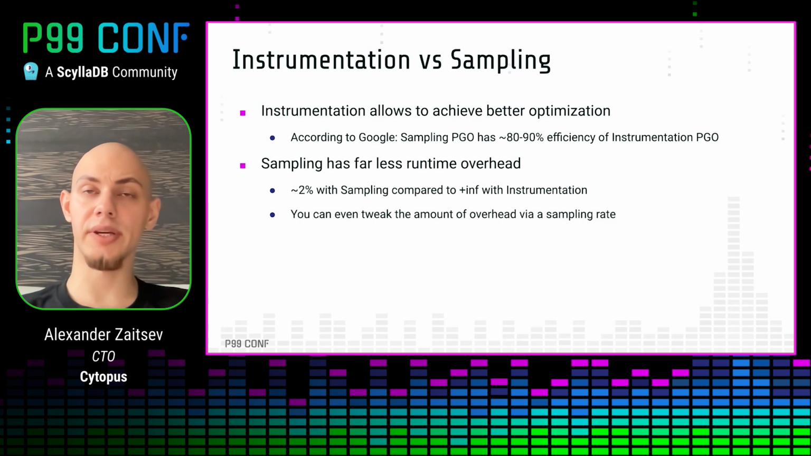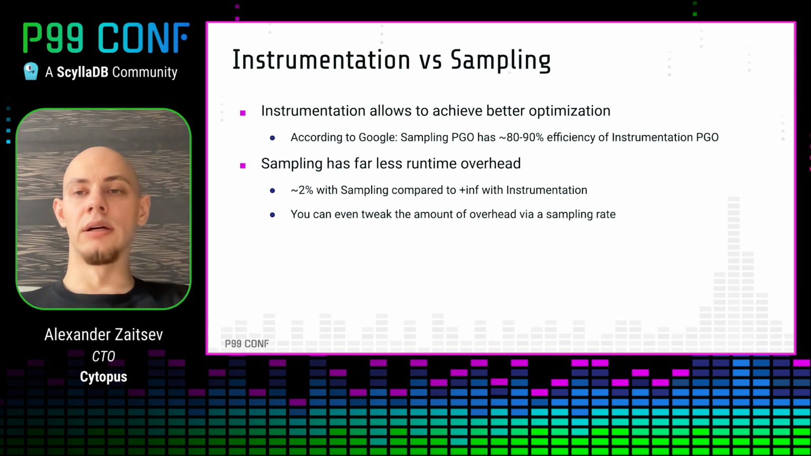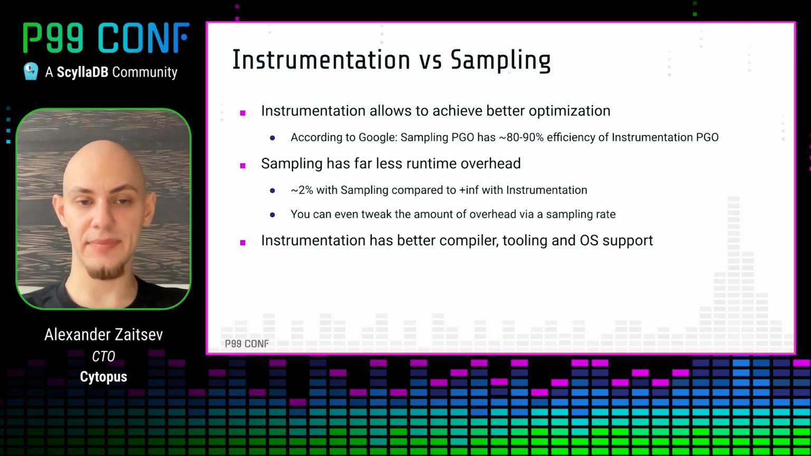So if you want to get more precise PGO profiles and consequently more aggressive PGO optimization, you can increase the sampling rate in your profiler. If you want to reduce the overhead and get less efficient PGO optimization, you can reduce the sampling rate, and that's it. And instrumentation has better compiler, tooling, and OS support because it's easier to implement, and Google, as the